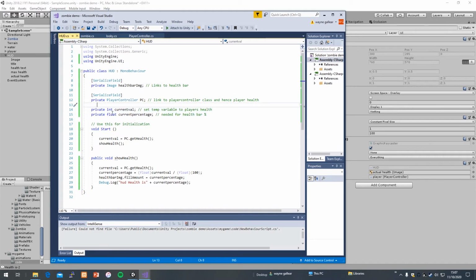We're setting an int called current value, which is what the actual player's health is within this script, and current percentage. The reason we set it as a percentage is because the health bar image is at 1, which is 100%, or 0, which is dead. So the start is